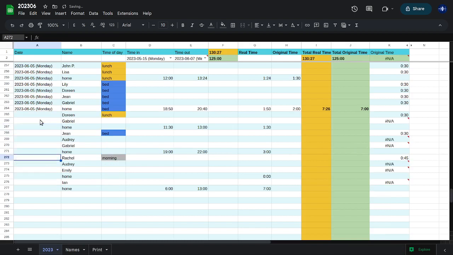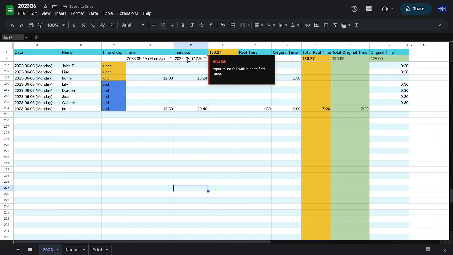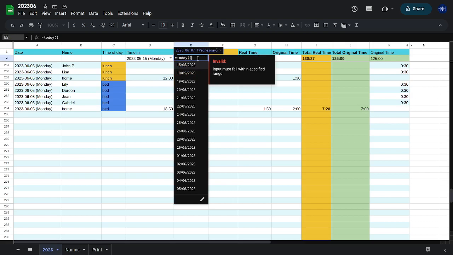Okay. Then you see that I have a red sign on that field. It shows that 07 that was here disappeared, and when I start the formula today again,